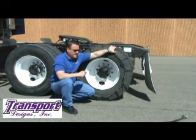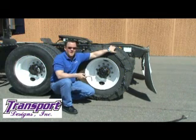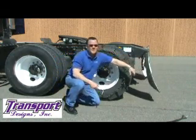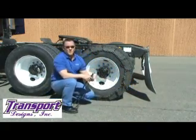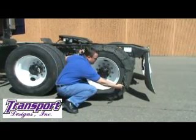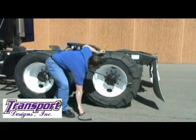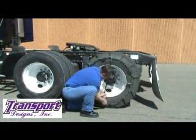The thing I'll tell you is I would not chain up without carrying some sort of bungee straps for a couple of reasons. Number one, I like my chains really tight. Number two, if they should come off, hopefully they're not going to tear up your trailer, your mud flap, or something else down the road. So invest in a few of these bungee cords. We normally give them out at the shop, but this tail right here, I'm gonna suck that in because that's gonna be flying around. If you know anything about centrifugal force, you'll know the problem there. So I'm gonna go ahead and grab that guy,